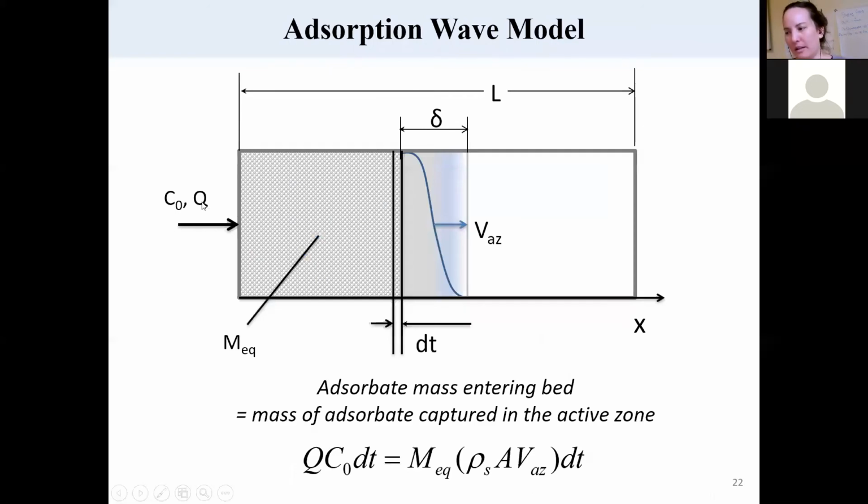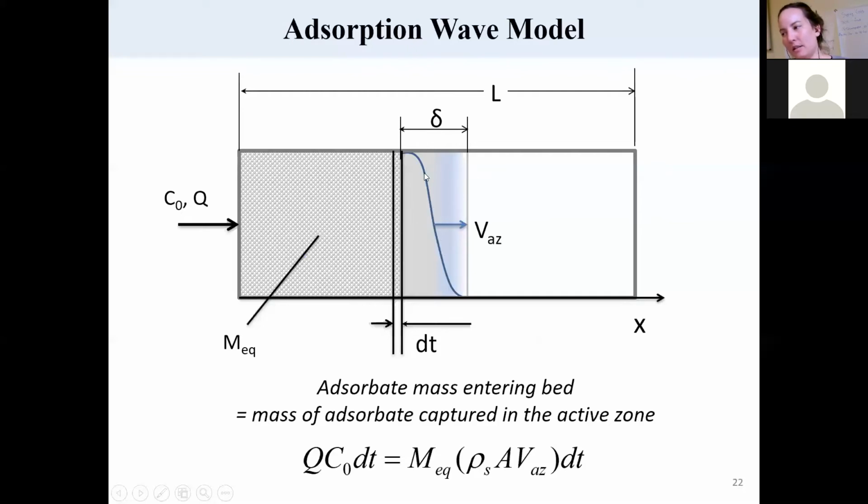In our mass balance, we have a certain concentration and a certain flow rate in cubic meters per hour of air containing pollution that's entering the filter. For this given concentration, everything is in equilibrium, and so all of the sites are filled at the equilibrium level until it reaches a certain slice,